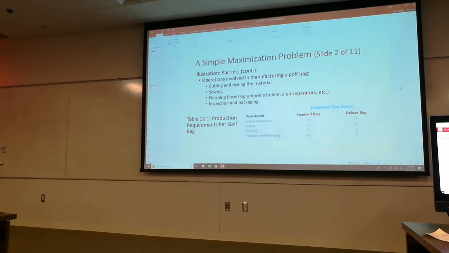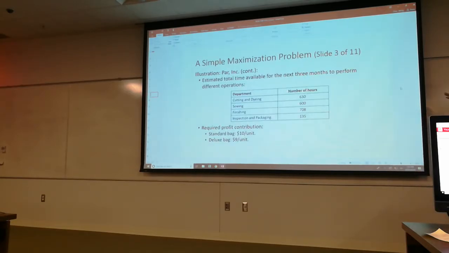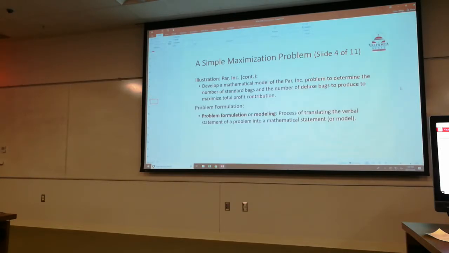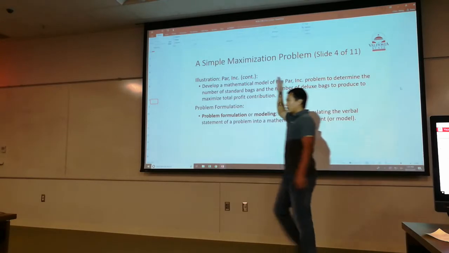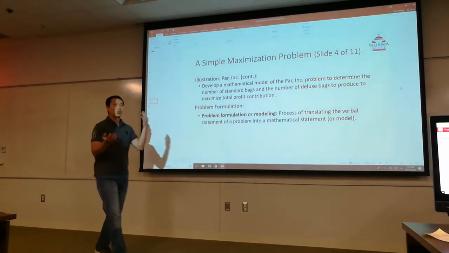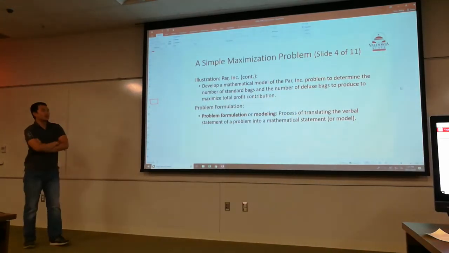So that's the data we have. We just show the data in the Excel. We have production time, standard, deluxe, available hours, and we have the profits. That's all we have. Then after we have the whole description, after we know what's going on in that company,